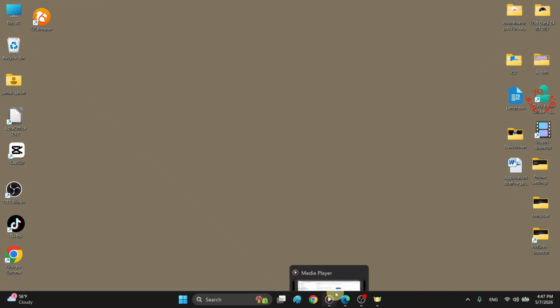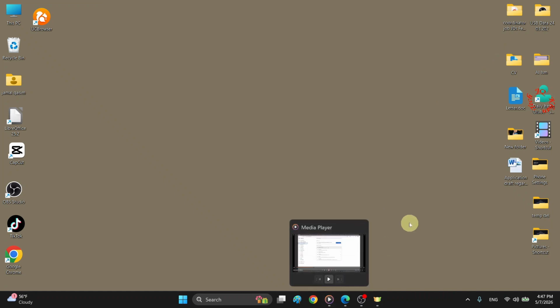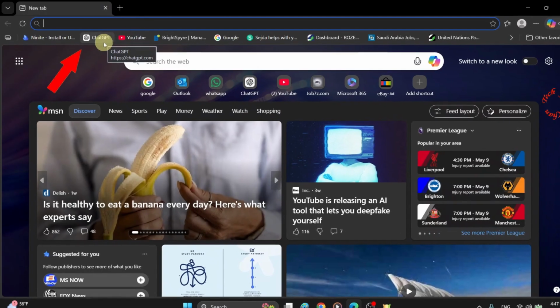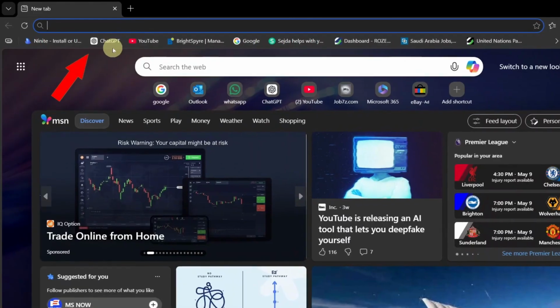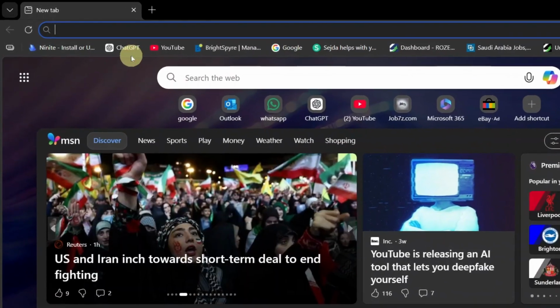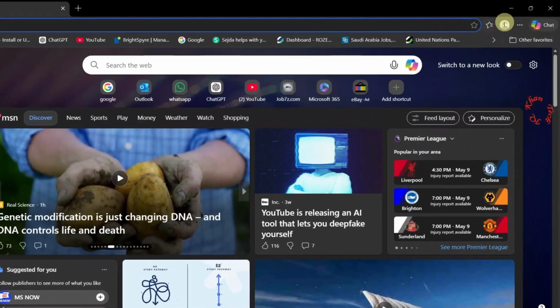Hello viewers, let's fix the problem of ChatGPT not working with simple techniques. Remember, this technique can also be used with other websites, as it is common in nature. Let me first open the Edge browser and click ChatGPT, and you can see that it's not working, so